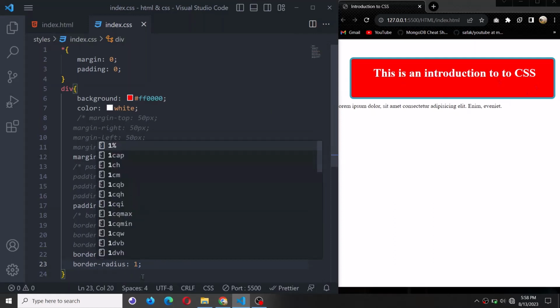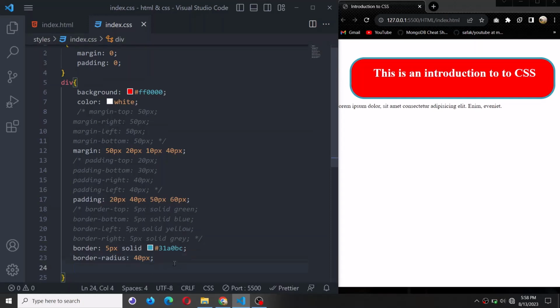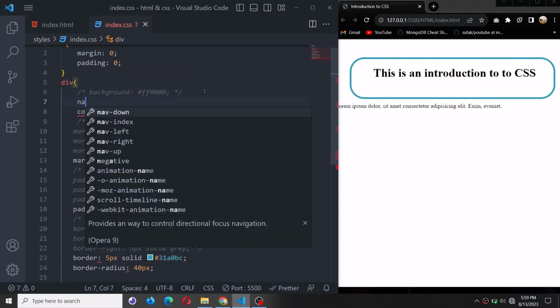I can set it to, let's say, 40 pixels like this, so that the curve will be sharp, right? So that's how we set border radius, okay. There are some more attributes that we can add. We can even add an image as the background, okay. So let me just comment this one out like this, and let me say set the